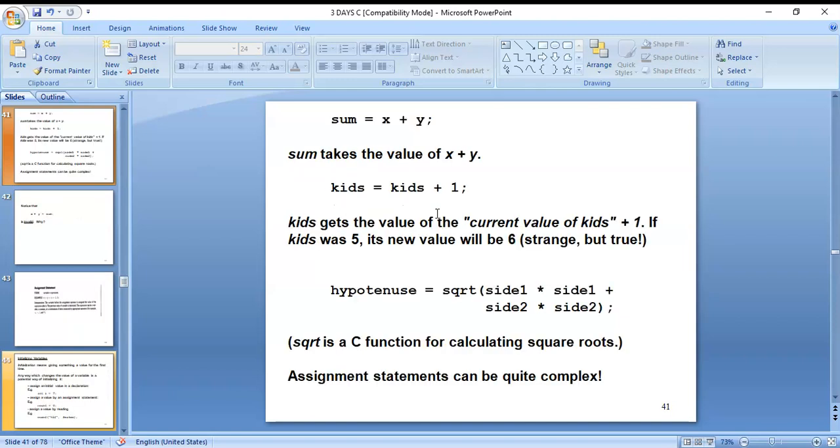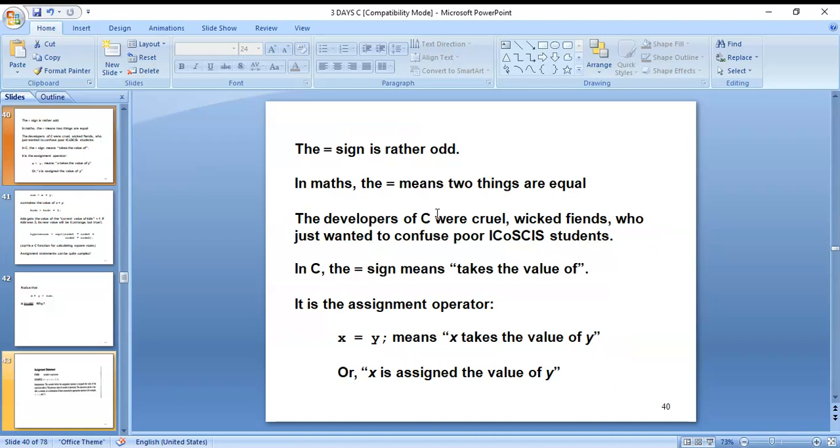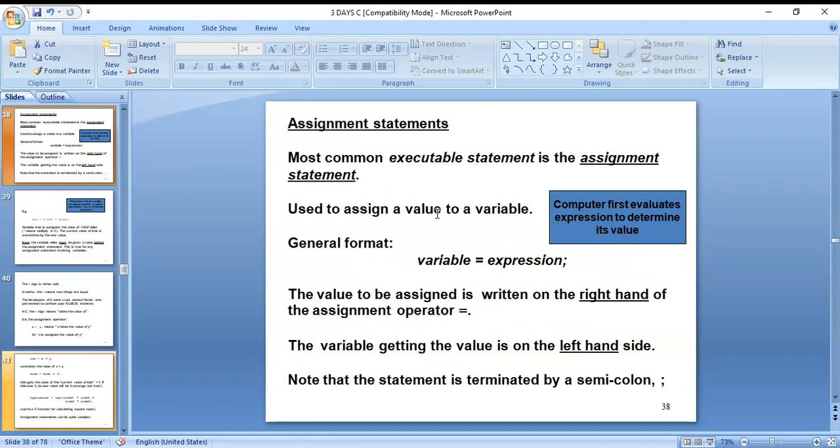Next, this is the assignment operator. You can say assignment statement. In an assignment statement you mention the variable on the left side, then the equal sign, then the expression, and at the end a semicolon. Then that is called an assignment statement.